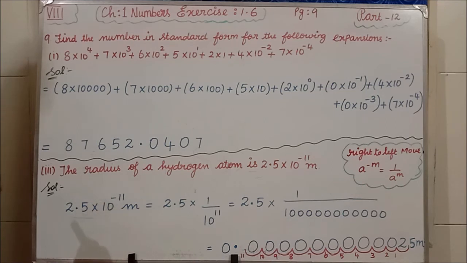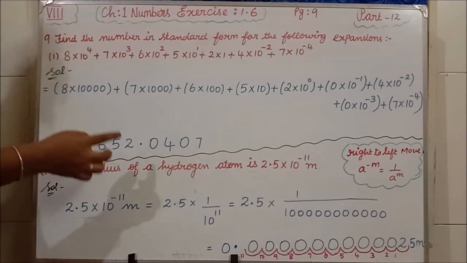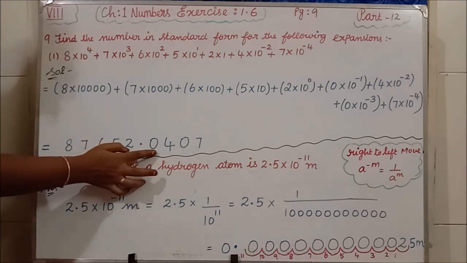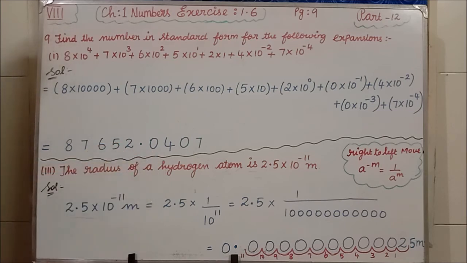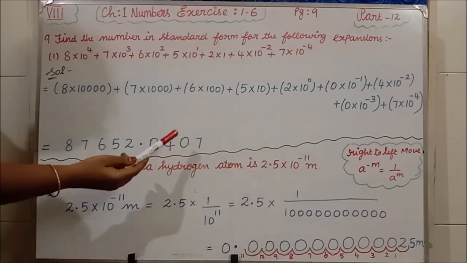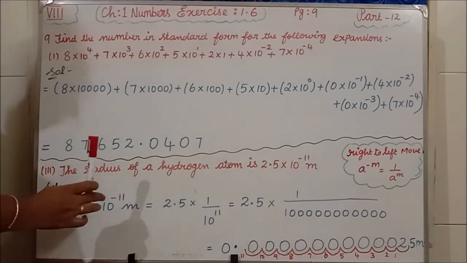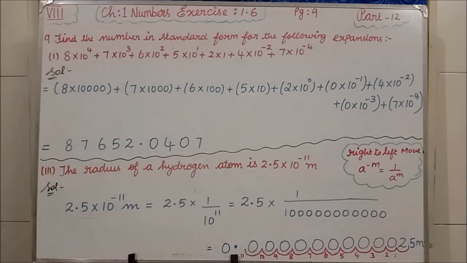Then from where are we starting the minus? 0 into 10 power minus 1. Isn't it? So what will come here? 0. After decimal the first number is what? 0. Clear all of you? After decimal the first number is 0. Because I told you after decimal the first number is the 10th. Okay, the 10th number is missing, so that is 0. 100th number is what? 4. 1000th number is what? Again 0. 10,000th number is what? 7. So we have written in the standard form. Clear all of you, the 9th question for subdivision?